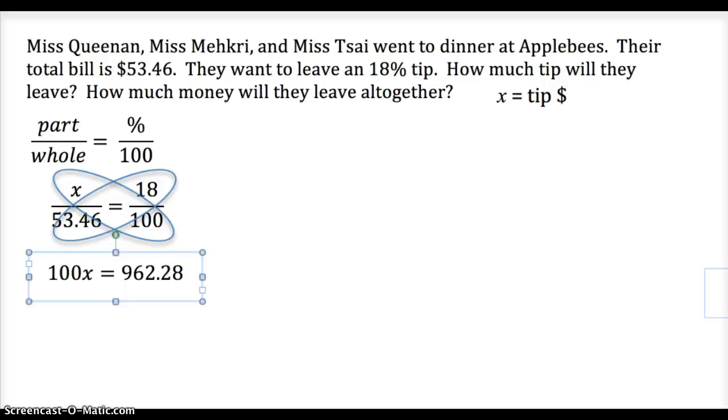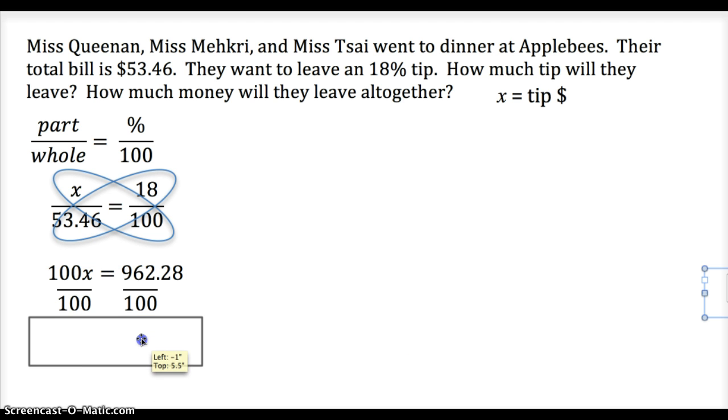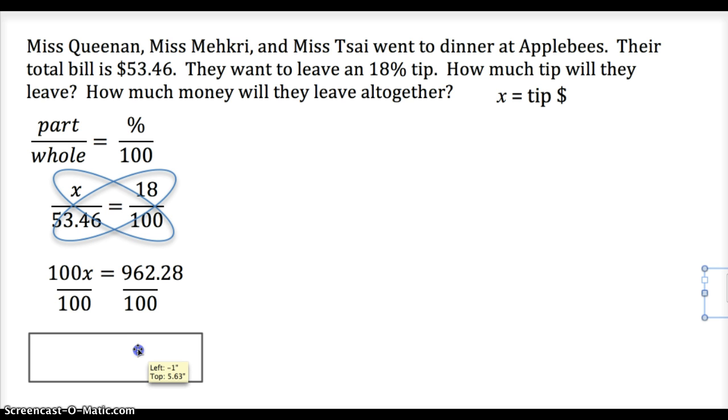But we're not done, because we still have to solve for x and find what the tip is. Again, we divide both sides by 100 to get x alone. 962.28 divided by 100 is